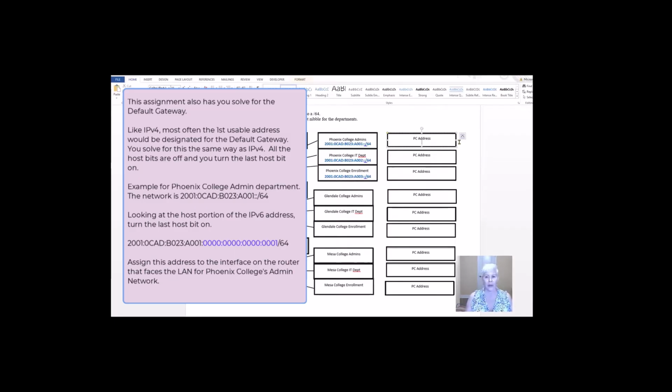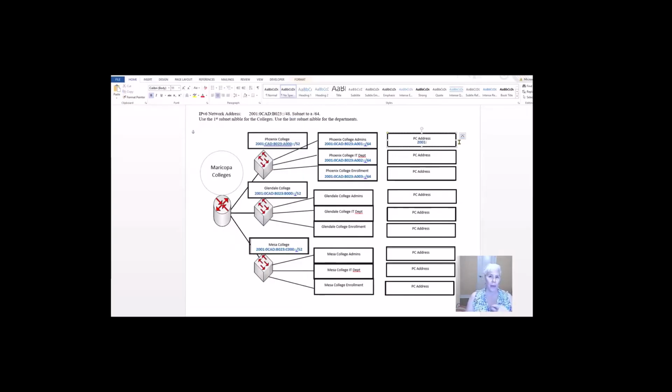Now let me just go ahead and do what the address would be. Okay, so this is me looking at an end device and assuming that I'm going to do static addressing instead of auto configuration and dynamic addressing. So the whole first part, remember, is the global routing prefix plus the subnet ID. So all of this part stays the same because remember, all of these PCs belong to the same network. So this would be 0CAD:B023:A001.